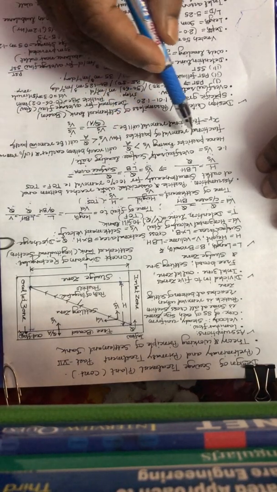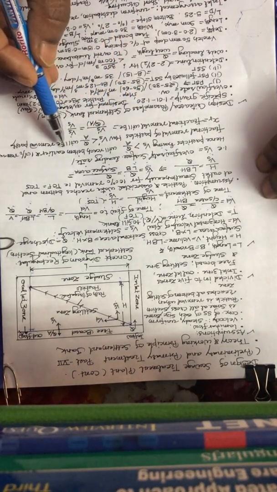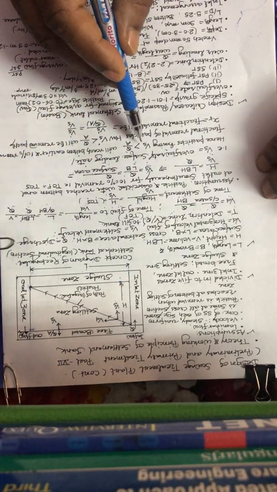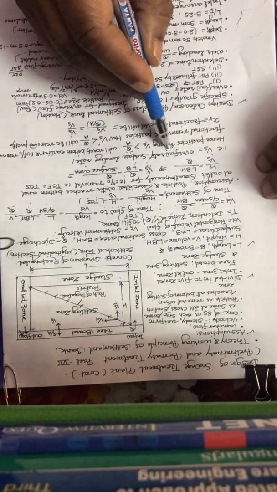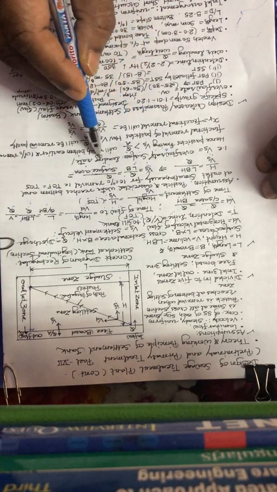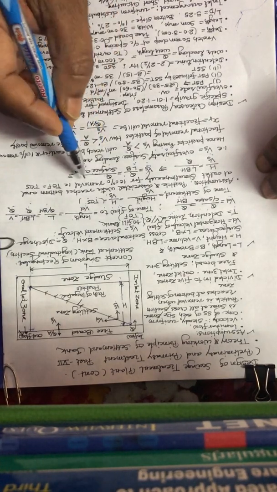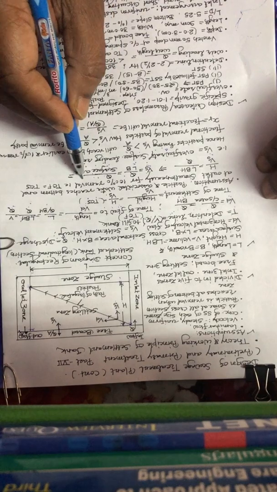So particles whose settlement velocity is more than Vs, they will move to the bottom earlier and those will be removed. So which particle will have higher settlement velocity? Coarser particles. So target particle is that particle for which the settlement velocity Vs is equal to the overflow rate or surface loading rate, and that is measured in terms of meter cube per meter square per day, because the unit of this is meter cube per day and surface area is meter square, so meter cube per meter square per day.